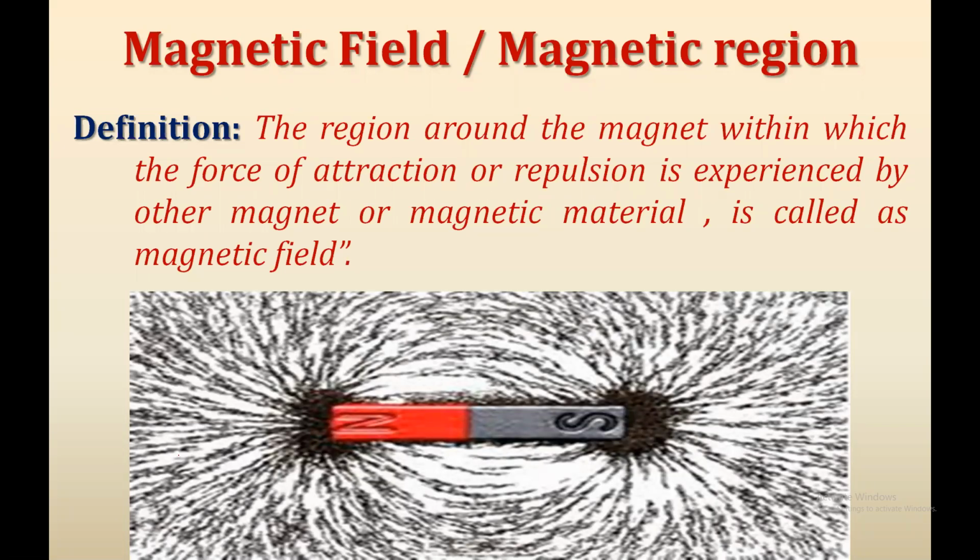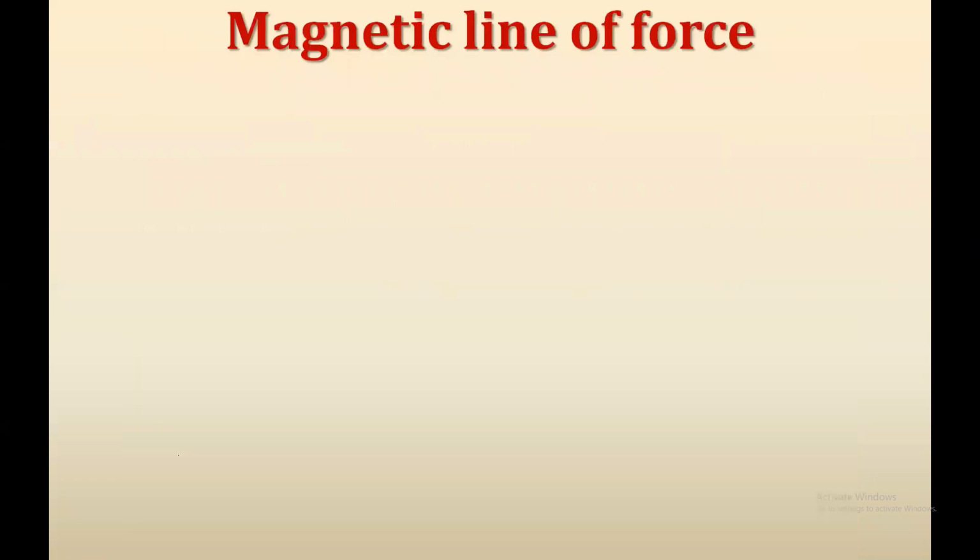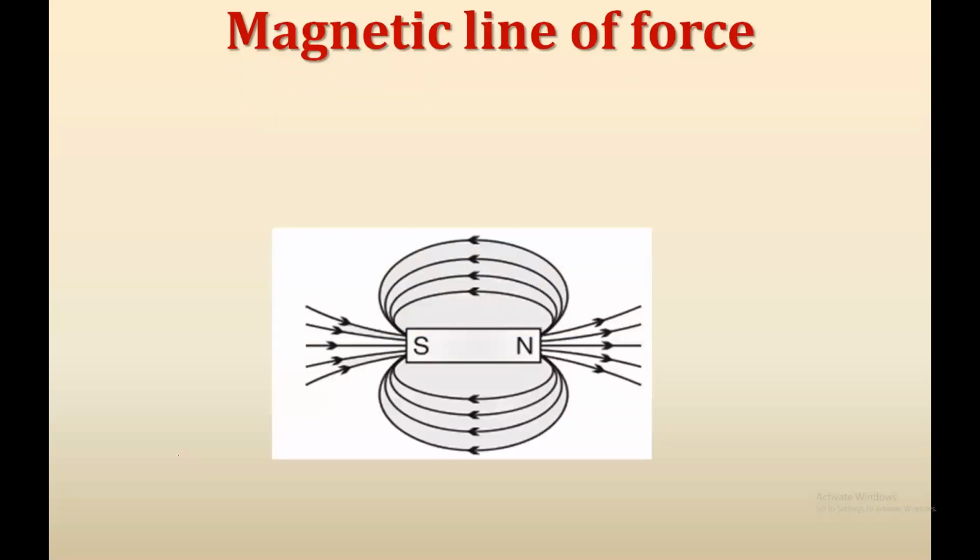And when these small iron pieces come in contact with the bar, it is observed that such types of shapes form on the plain paper, and based on that, the concept of magnetic lines of force comes, and according to that, a few rules and things are decided about the magnetic lines of force. So let's try to discuss the magnetic lines of force.